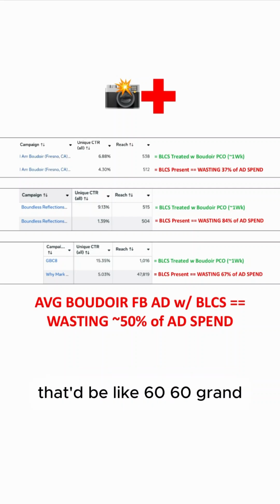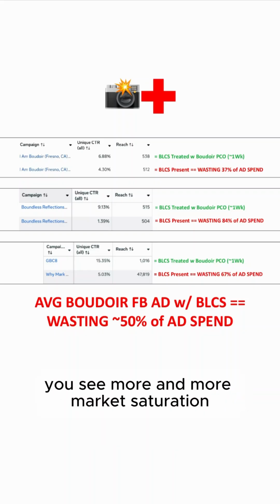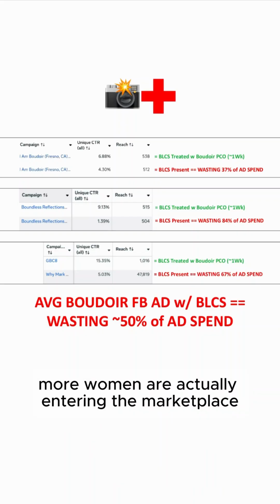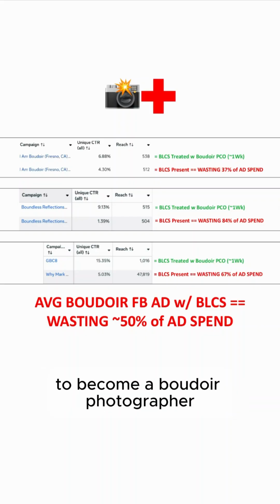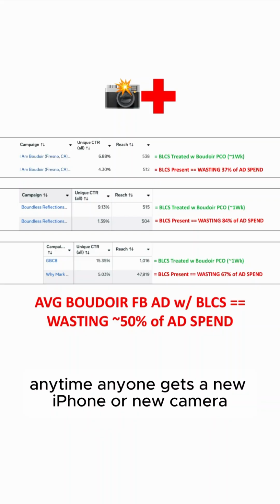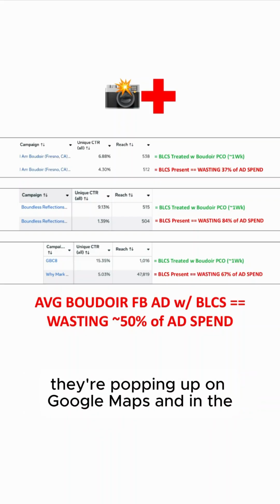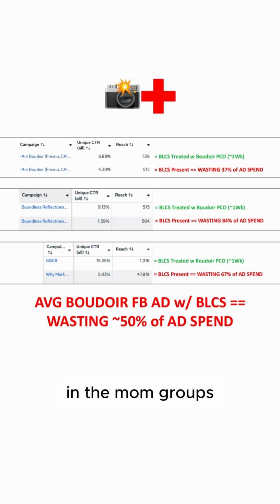Approximately, and on average, that'd be like 60 grand over the next year, because you see more and more market saturation over time. More women are entering the marketplace to become boudoir photographers. Seems like anytime anyone gets a new iPhone or a new camera, they're popping up on Google Maps and in the mom groups. Then shoot me a DM